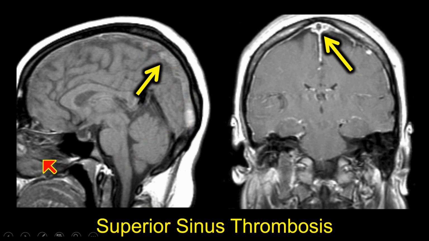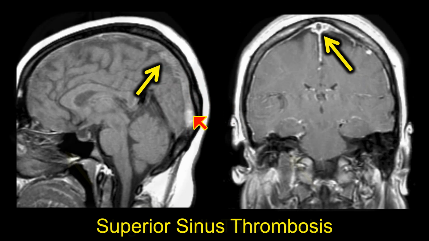This is a pre-contrasted T1. The nose is dark here, and I see that this is very bright in the superior sagittal sinus. So that's a good appearance for thrombosis at that level. But we know that thrombosis may extend down along the transverse sinus and may reach the jugular bulb at